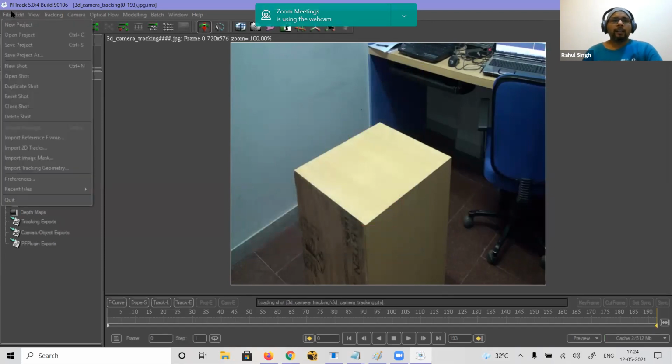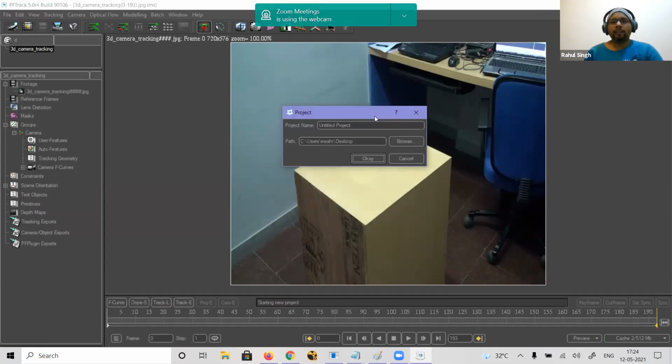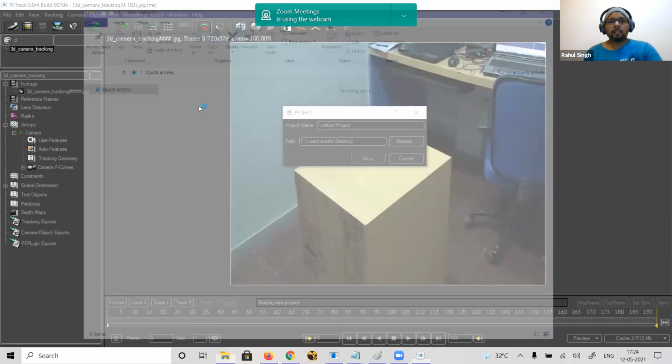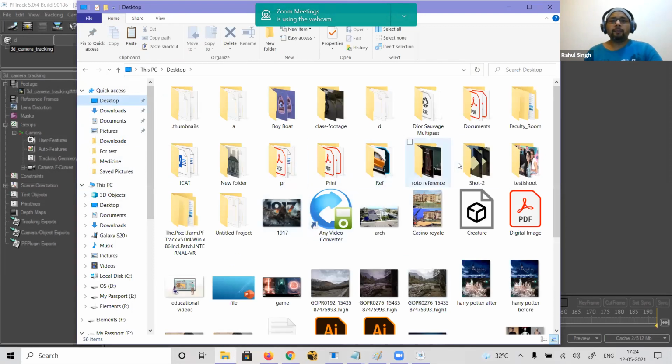Next, you have to do File, New Project. Whenever you make a new file, make a strict folder system where you work. In industry we follow this rule for naming the folders.